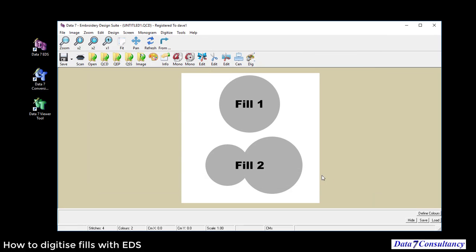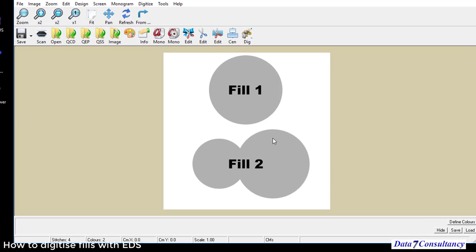Okay, so I'm going to open that example graphic up, and as you can see there's fill 1 and fill 2. Fill 1 is a simpler fill and fill 2 is a more complex fill, and as the EDS software supports complex fills, that's what we'll be using in this video. This video assumes you've seen the monogramming video and the how to create columns video, but one additional feature I'll just show you very quickly is if we go into